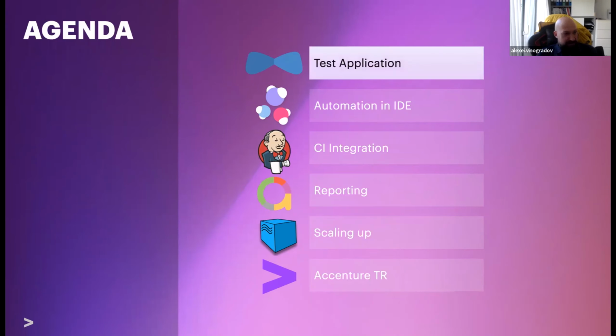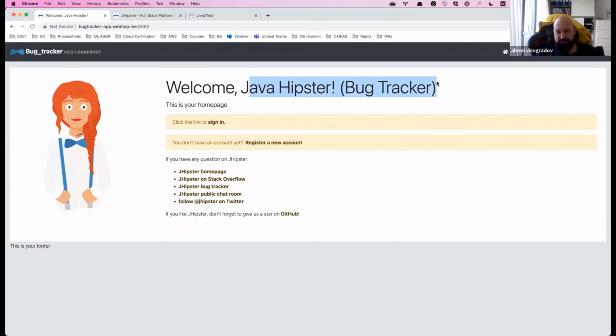So I think it's time to begin with some practical tasks. The first is the test application. This is a very simple test application, which was built, or rather generated, with the JHipster tool. It's actually quite an interesting instrument, which enables you to quickly generate a complex application for the Java and JavaScript stack very easily.